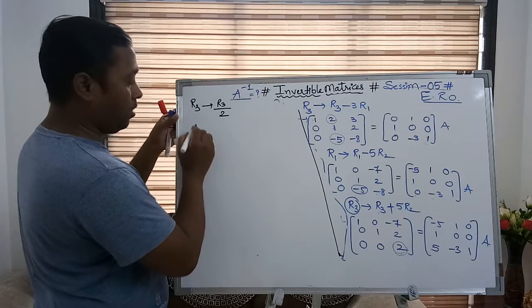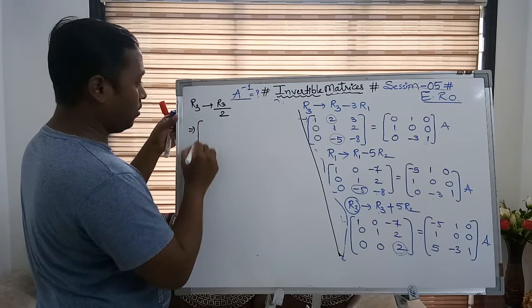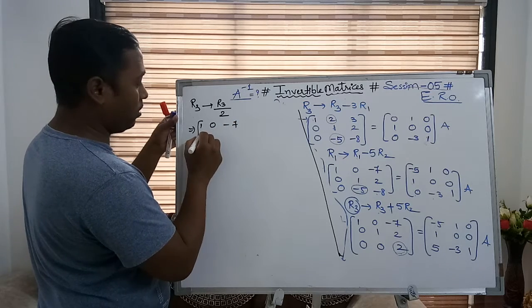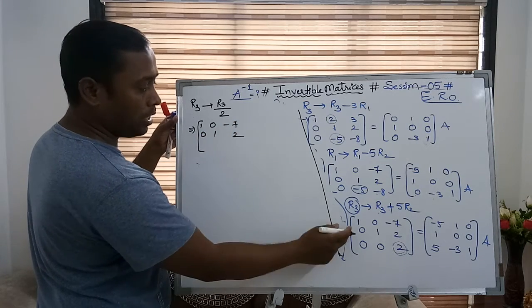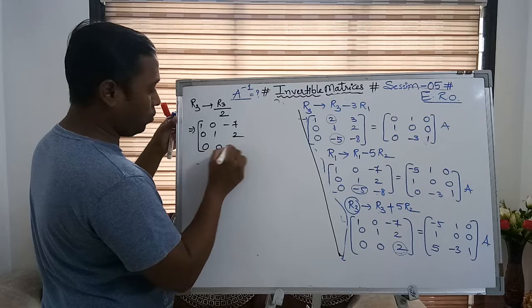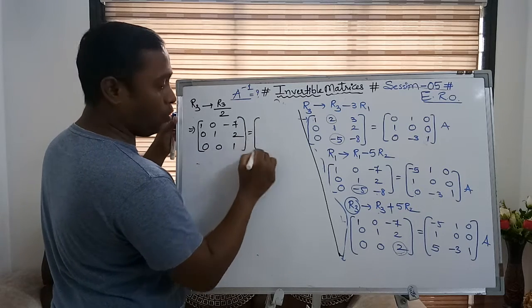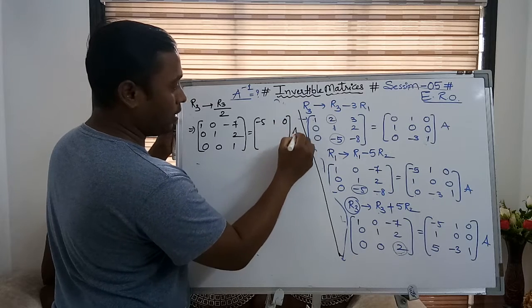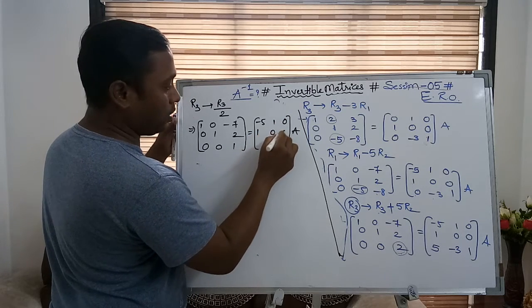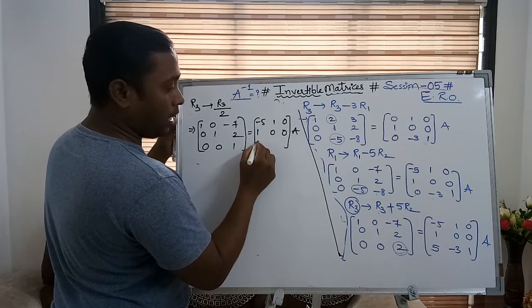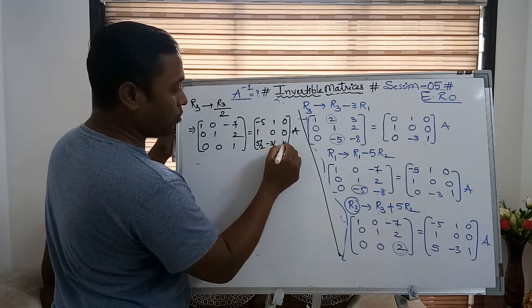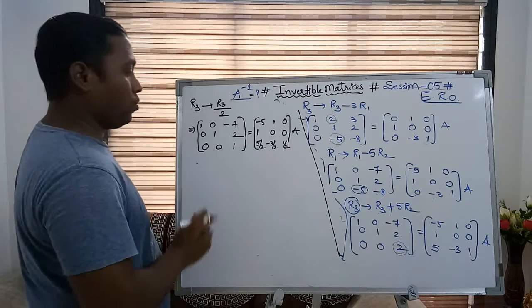If I do that, the rest will be the same: 1 0 minus 7 0 1, and I am writing from here 0 0 1. The same will go in the other matrix: minus 1 5 0, then 1 0 0, and now dividing by 2 it becomes 5 by 2, minus 3 by 2, again 1 by 2. So this is the operation.